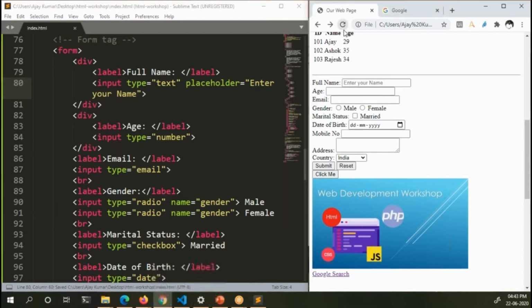I'm saving it and refreshing it. Now you can see there is a placeholder. The enter your name is displaying in gray. So it just intimates the user about the input field.